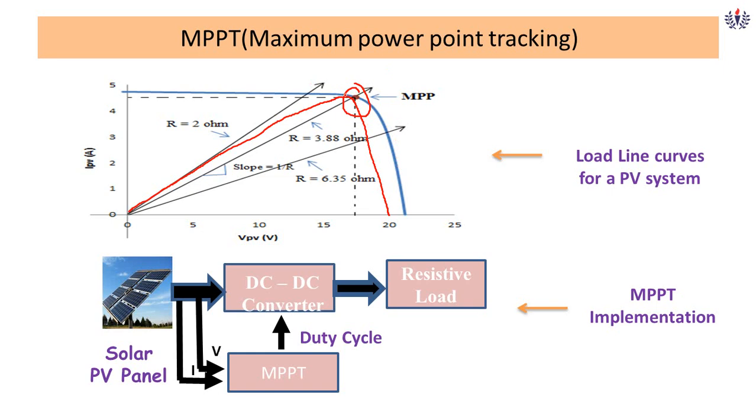Of course P&O has steady state oscillations, that is a different case, but still it is very easy to track the MPP point with uniform characteristics in the IV or PV curves, with a single step or a single peak. There is no problem in it, even though there is a change in resistance, load or something like that. You can change the duty cycle of the DC-DC converter and easily track.